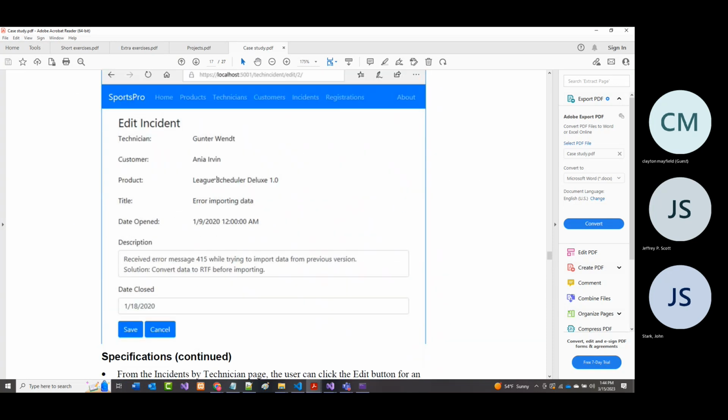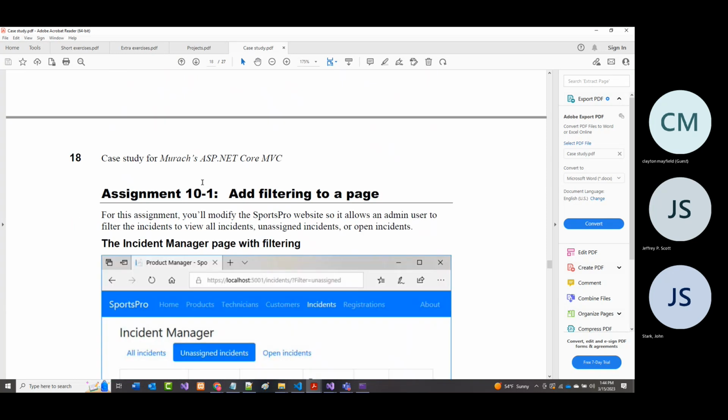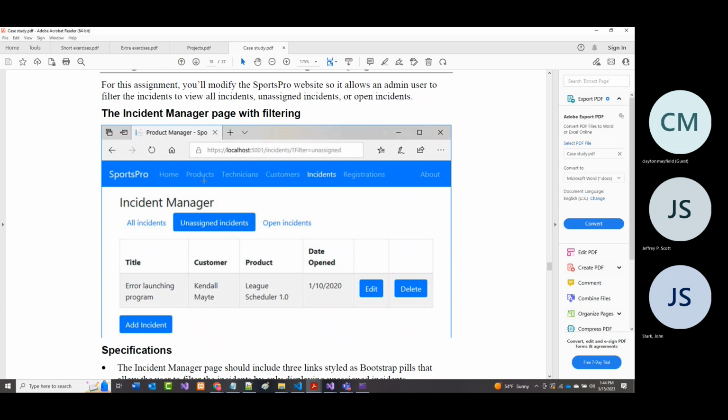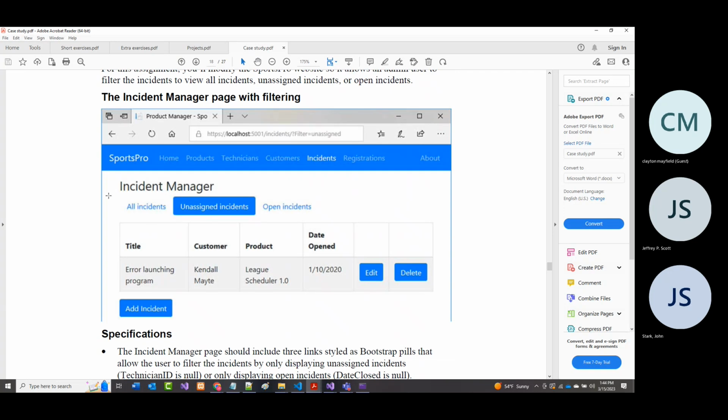And then for 10 and 11, which we're doing now, 10 is again adding some filtering. So notice we now have 3 different types of incidents in here. We've got all incidents, which is everything, unassigned incidents, which I think haven't been assigned to, I don't know if it's a customer or what, I don't remember.